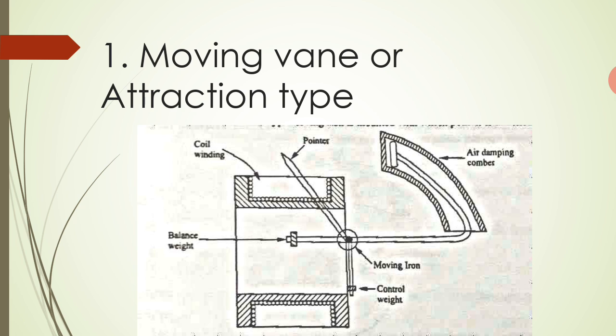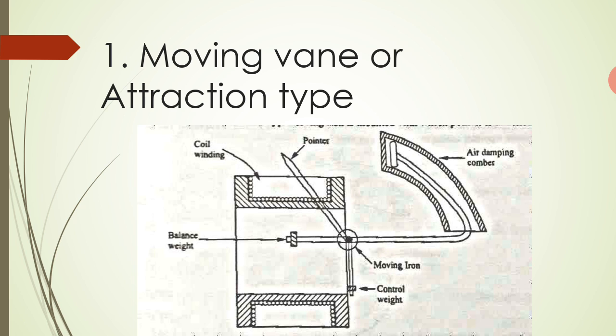The instrument consists of a flat coil, and a flat disc type moving iron is mounted with which the pointer is attached. When the current to be measured is passed through the coil or solenoid C, a magnetic field is produced which attracts the mounted disc or vane inward, thereby deflecting the pointer, which moves over a calibrated scale.